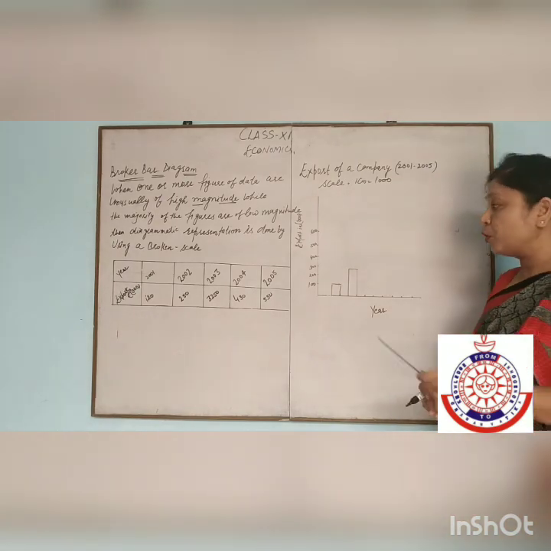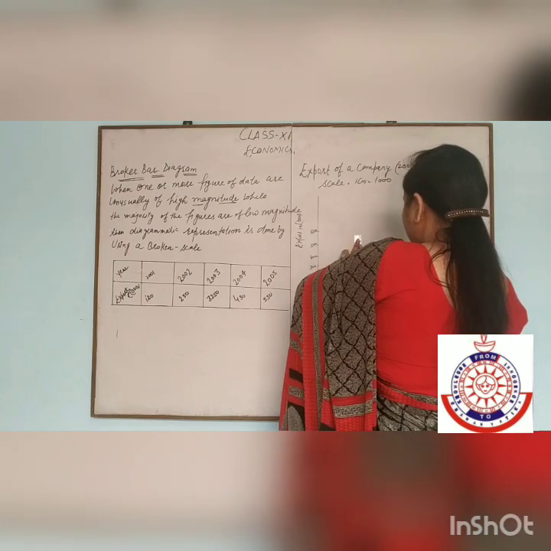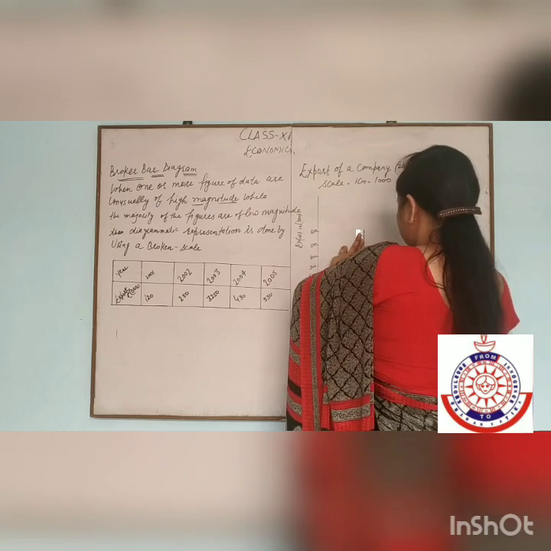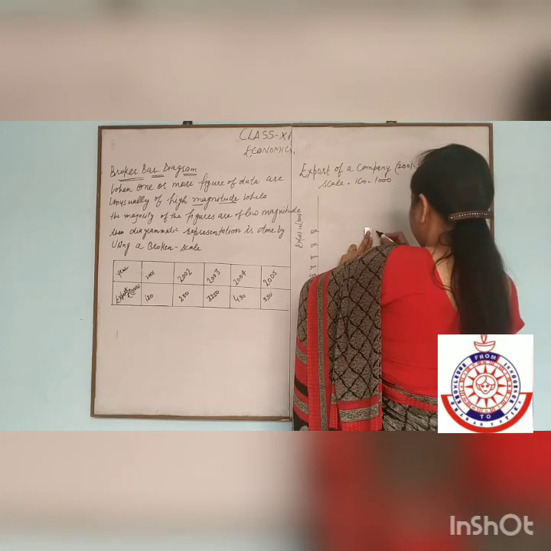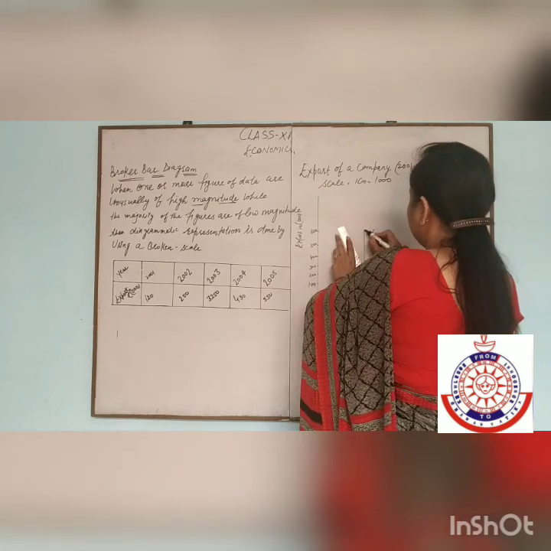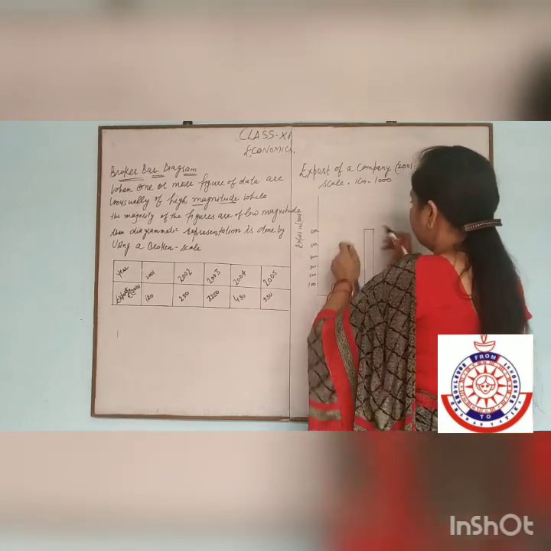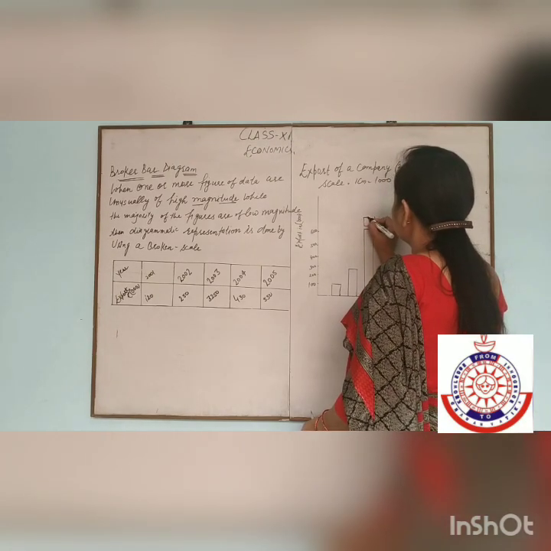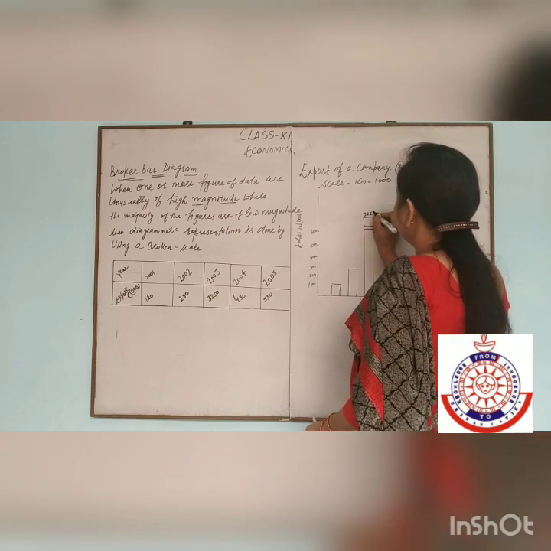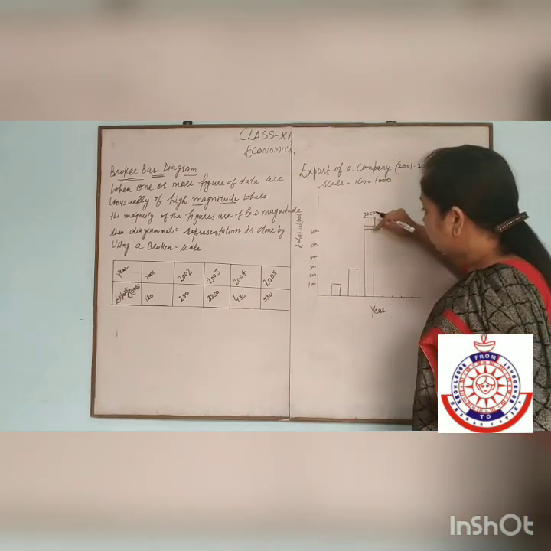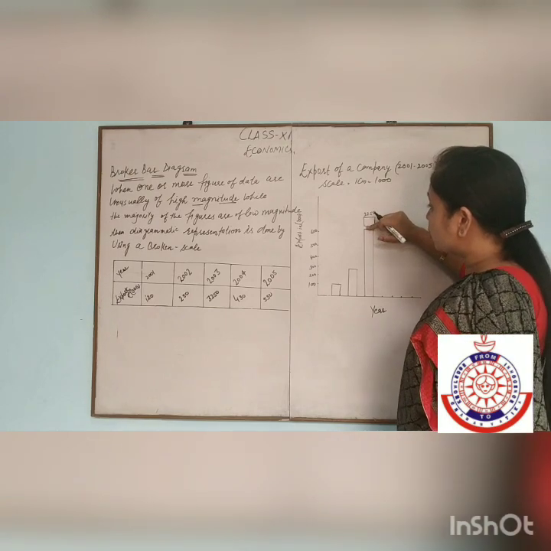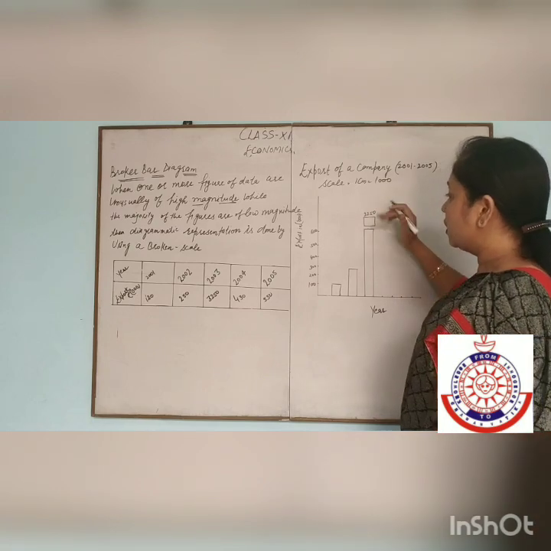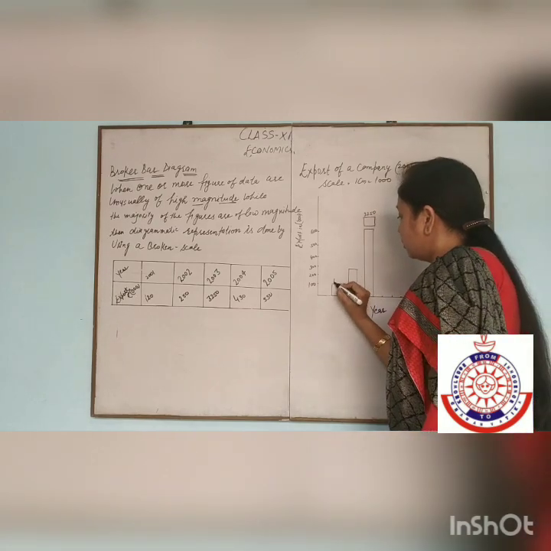Here we are using a broken scale. First of all we draw the complete value. After that we will draw the line and show that this export is 3250. See, after the 600, this gap shows 7, 8, 9, 10 and this will show 3250. This is a broken scale diagram.